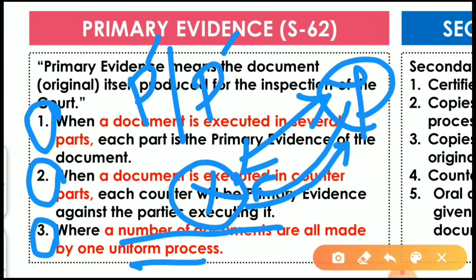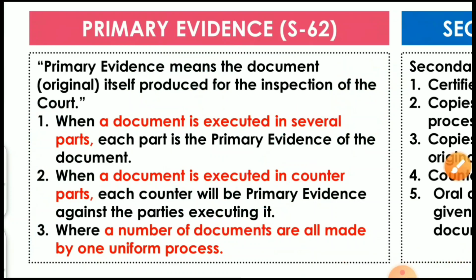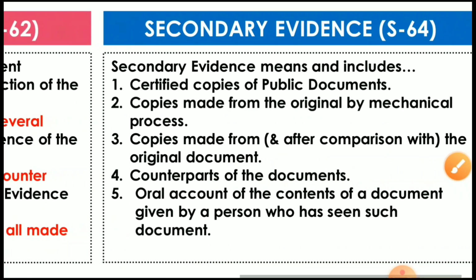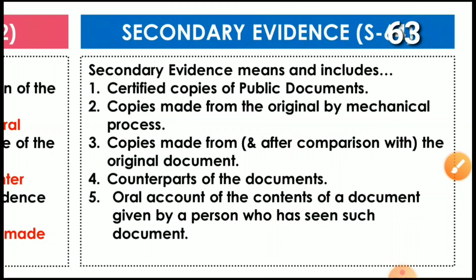These counterparts are also used as primary evidence according to the second kind. In the third one, the prints, lithographs, photographs, and playing cards made at one time by one uniform process are the primary evidence. Friends, coming to the secondary evidence, that is the second category. Evidence means and includes